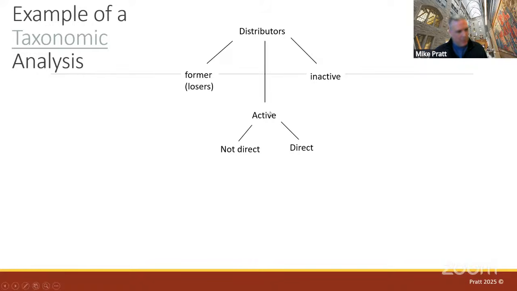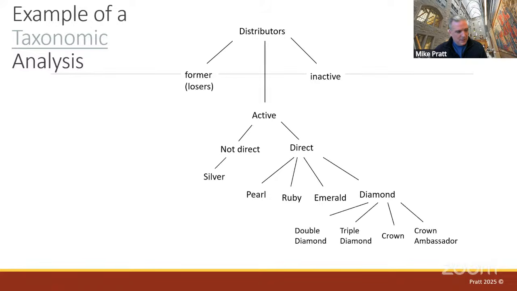Of these people, you have people who are direct distributors and non-direct distributors. You don't need to know the details, but this is your thought process. Non-direct are not making enough money to really sell products on their own. They have to work through their upline. That's how upline comes in. Direct is buying and selling directly from Amway. And then there are different kinds of direct distributors, and different kinds of diamond distributors. So what I'm doing here is taking a term. Remember I said what a distributor is, all these different types. Now I'm trying to organize that knowledge in some way. That's called a taxonomic analysis.